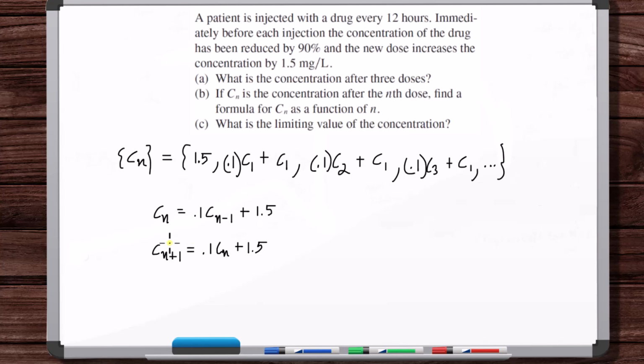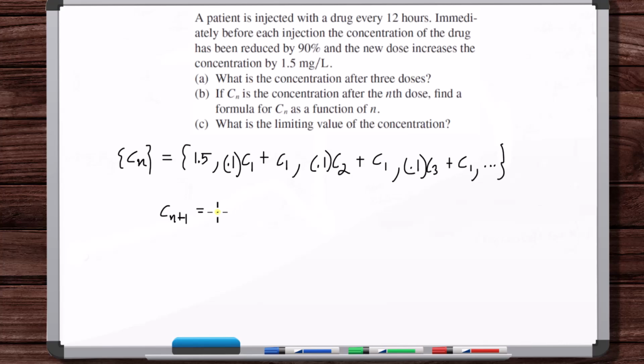Okay, you see how these two are exactly the same. This is just a matter of setting it up to where the indexes work out in the way I want. And I believe whenever we get to the C sub n formula, this is going to work out better since I'm starting with n equal to 1. Okay, so